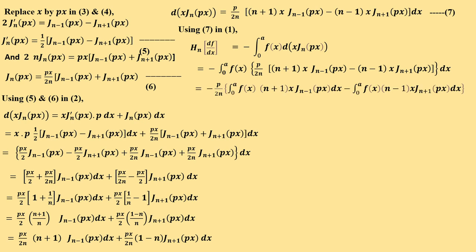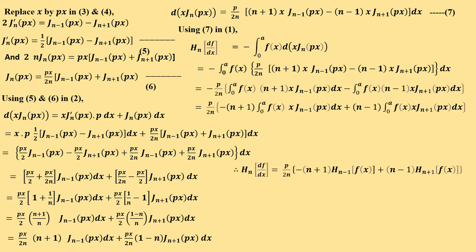That is equal to minus p by 2n [(n plus 1) integral 0 to a f of x into x Jn minus 1 of px dx minus (n minus 1) integral 0 to a f of x into Jn plus 1 of px dx]. That is equal to p by 2n, minus (n plus 1), so we are multiplying with minus, integral 0 to a f of x into Jn minus 1 of px dx, plus minus into minus plus (n minus 1) into integral 0 to a f of x into Jn plus 1 of px dx. Therefore the Hankel transformation of df by dx is equal to p by 2n times [minus (n plus 1)